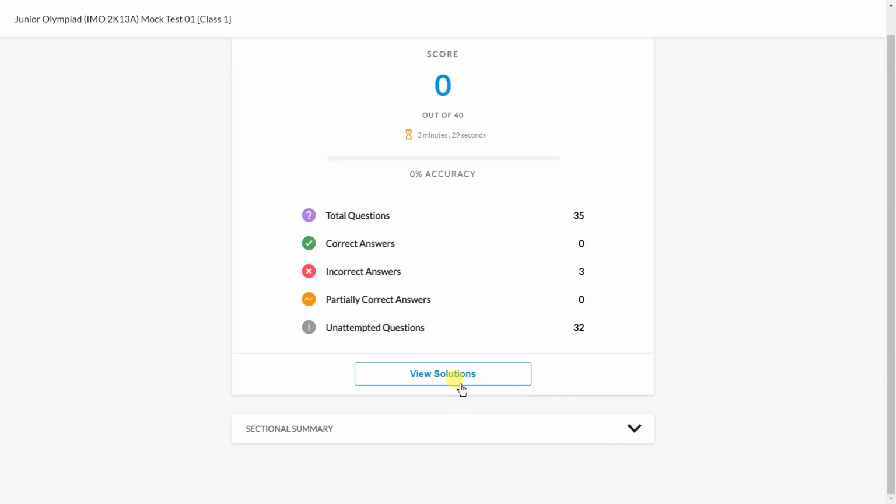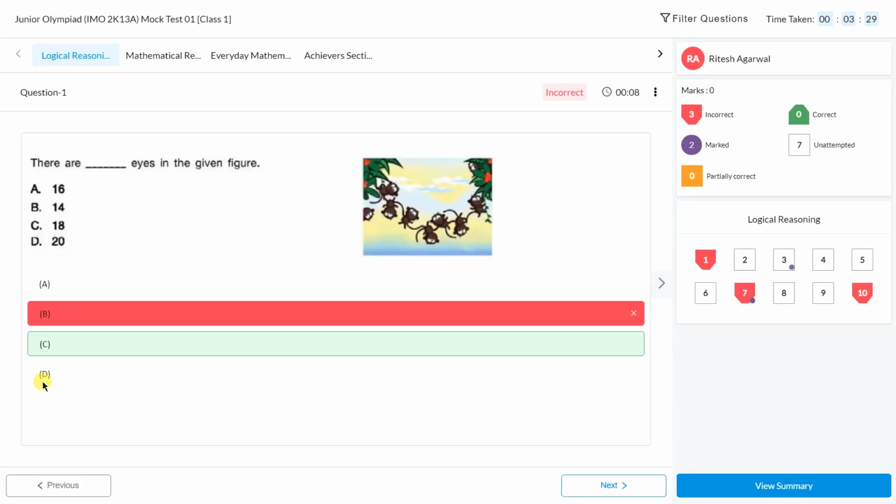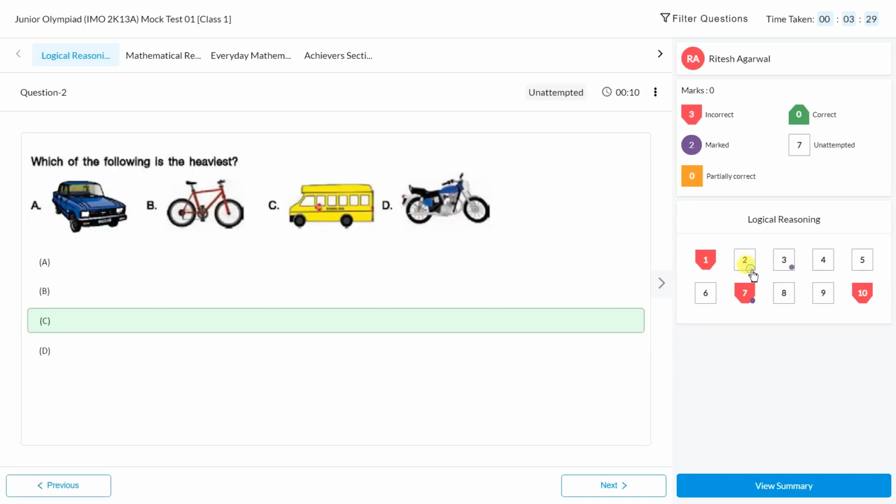And after that you can check your answers from here. So you go to view solutions, then this green one is the correct answer and we have marked B. Okay, like this. In the second we have not marked anything, the correct answer is C. So this way we can check which answers are correct, and from that we should try to learn the concept, meaning why that answer is correct, and if our answer is wrong, why it was wrong, what mistake we have made. So we have to learn from our mistakes also.